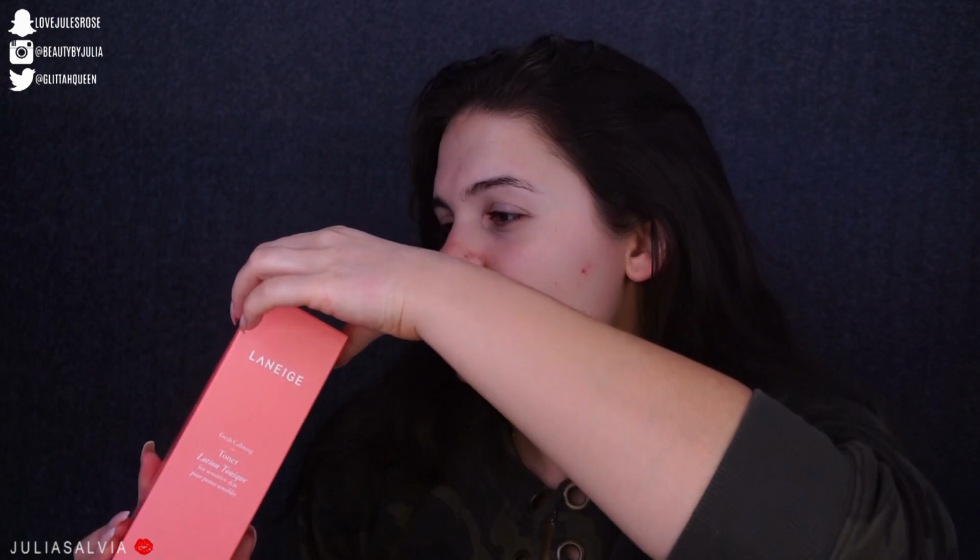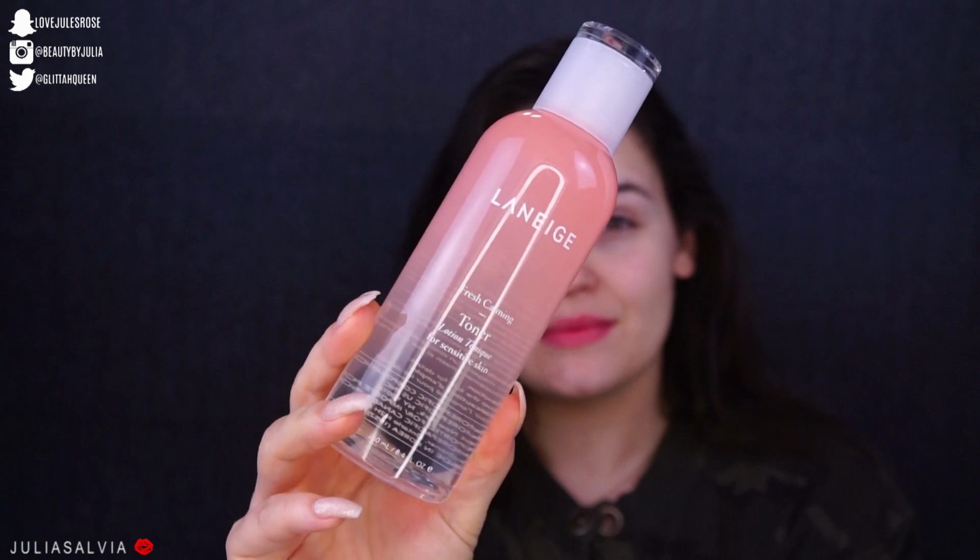The next product I'm going to be using is the Laneige Fresh Calming Toner Lotion Tonique for sensitive skin. I haven't tried this yet either. Let's open this guy up. Look, another super freaking beautiful packaging. That is nice. That is really,